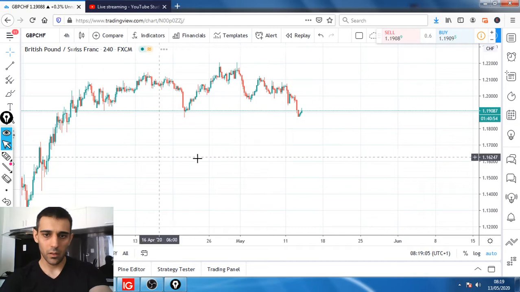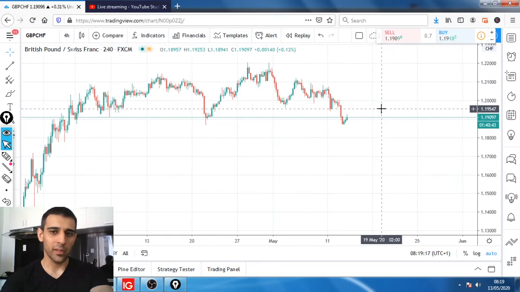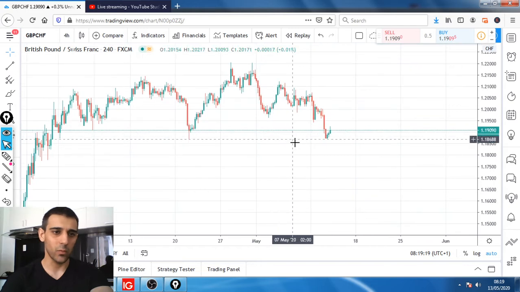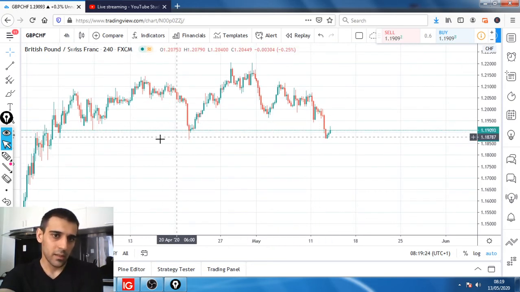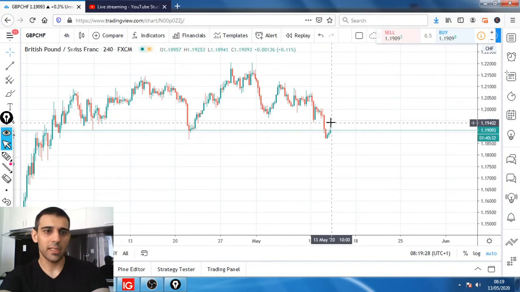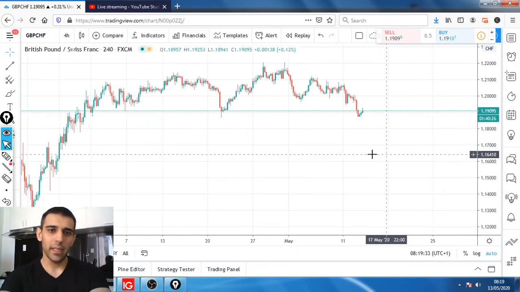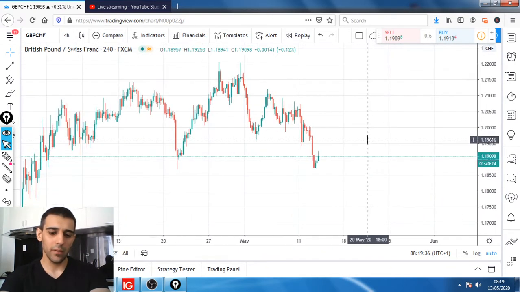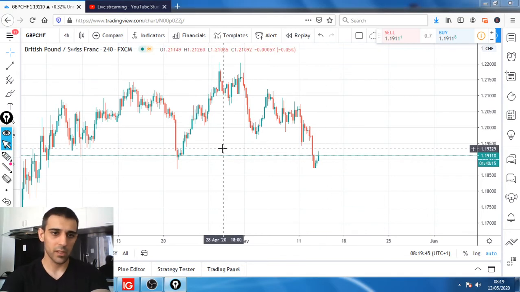Okay, so let's go 4-hourly again. It does look pretty good on the retracement side, just retracing. I'm trying to anticipate where the price would potentially be heading and where it might stop. We have these resistance levels up here where the price has kind of stalled at the moment, and we're going to see what it does. Probably give it a bit extra as a safety, just in case the price continues towards the upside, because we do have some resistance areas.